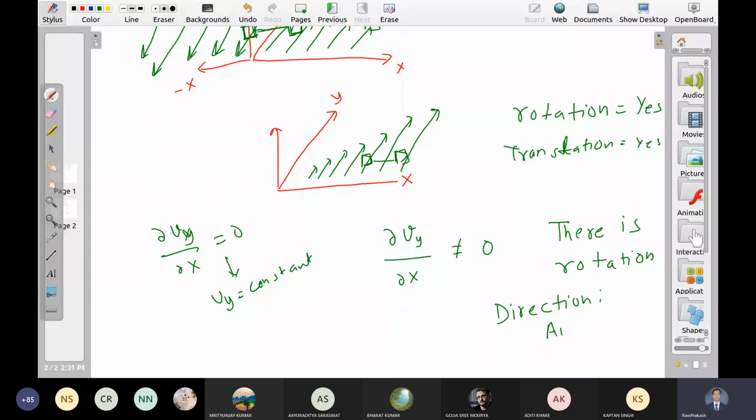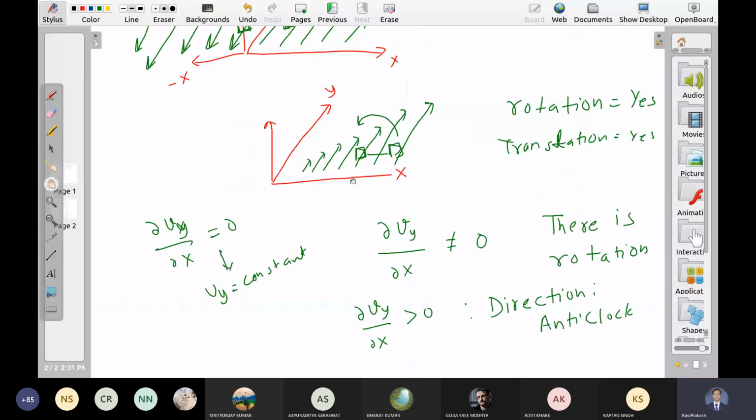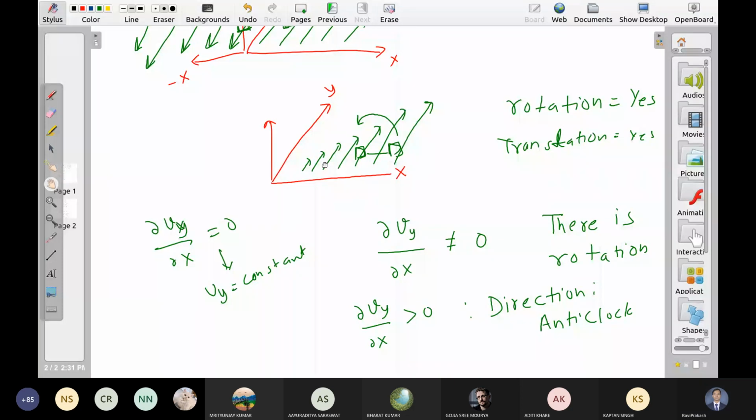This is anti-clock, right? If this quantity is, let us say, greater than 0, what is the direction? The pedal will rotate like this. Let us say air is flowing, and if there is an opposite flow, the pedal will rotate clockwise. This is the flow along the y axis. So this is one type of flow. The other possibility is that the flow is like this.